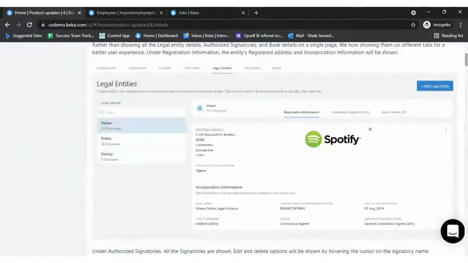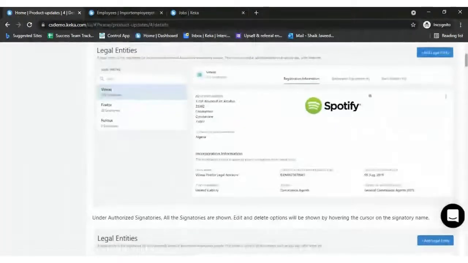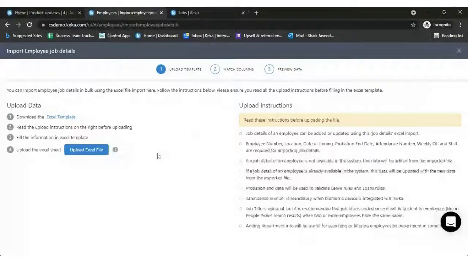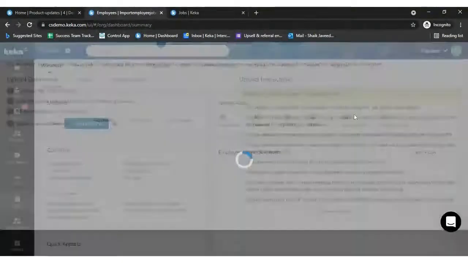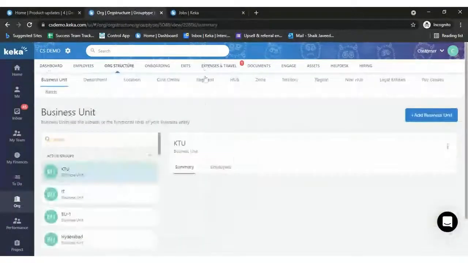So earlier we had everything on a single page, like all the legal entities information was on a single page. Okay, so the registration form, authorized signatory, and bank details were all captured on the single page. And now we have bifurcated it into different pages. I'll just show you that. Org, org structure, sorry,